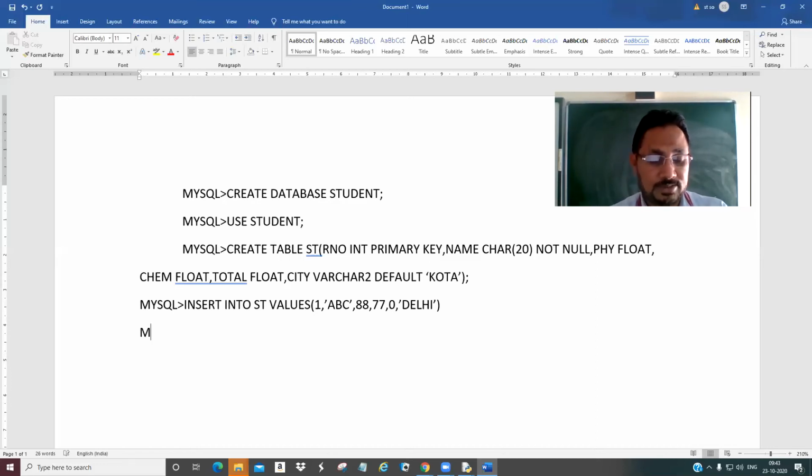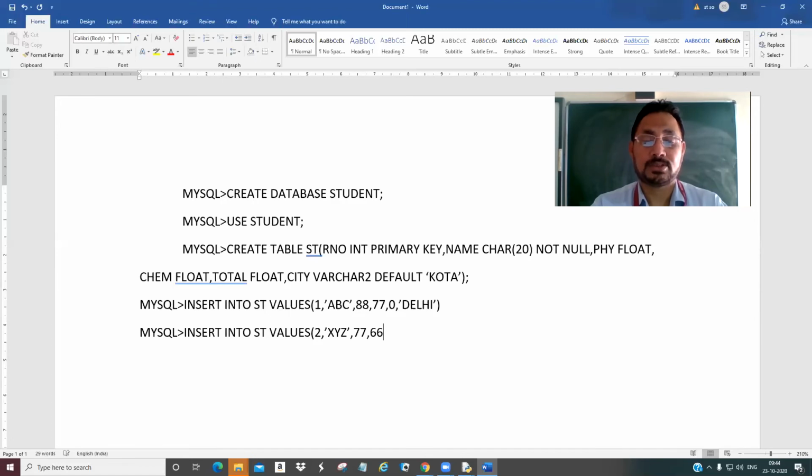Now suppose you want to write, at the MySQL prompt, insert into ST values, XYZ, and then 77, 66.